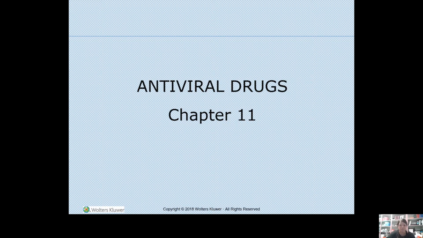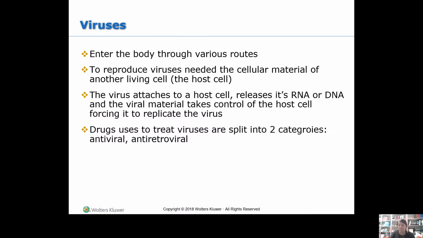All right. So again, just like I told y'all, we don't give an antibiotic for a viral infection. We don't give antivirals for bacterial infections. Although sometimes a bacterial infection may compromise your body and lead to a viral infection, and you might have two different things going on at once, and vice versa.